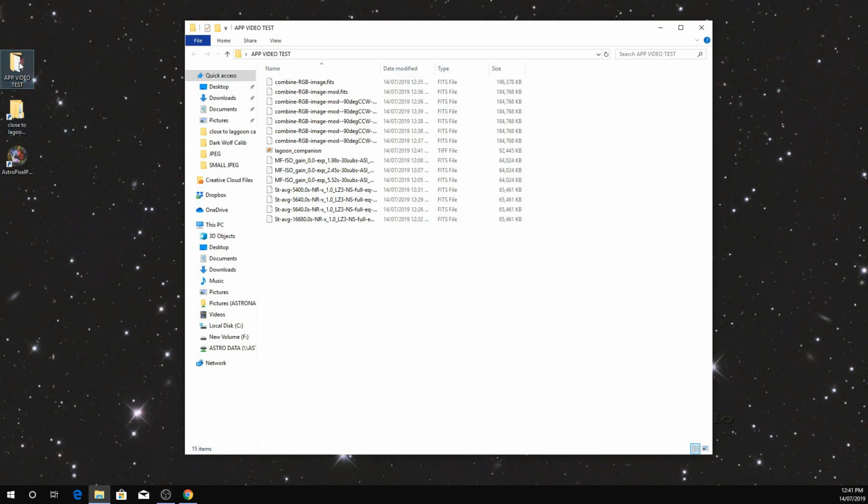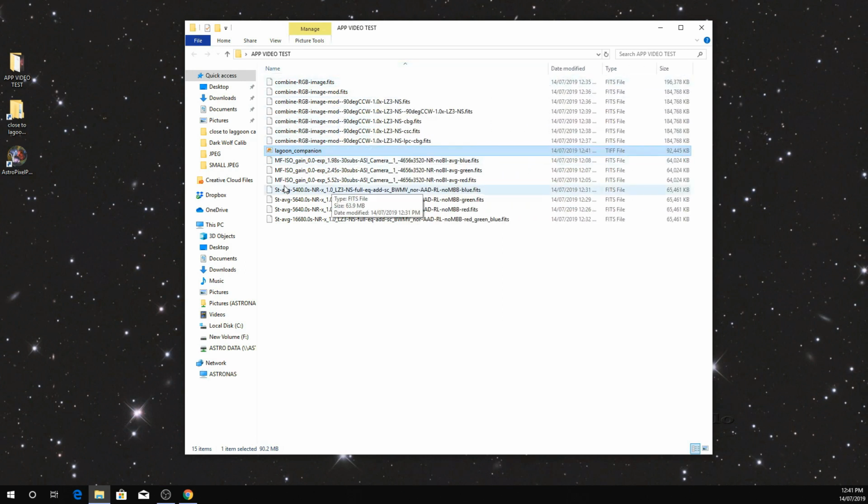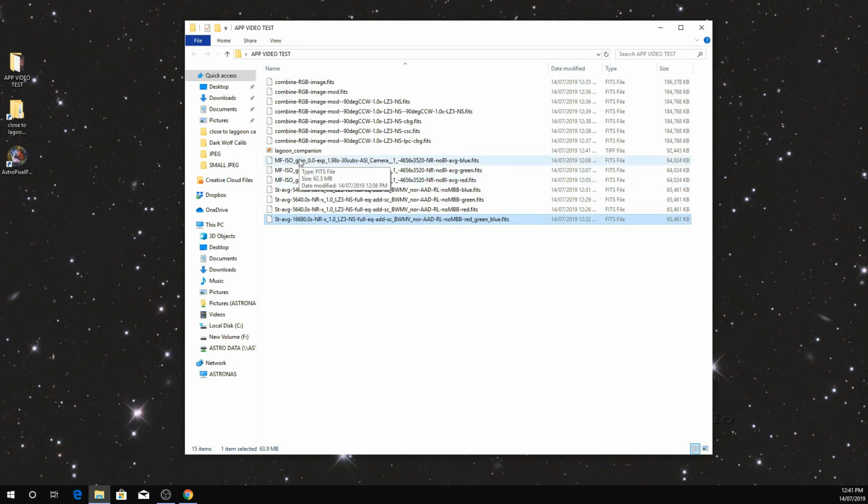And if you look in your folder, this is the file we created. These are the results we were saving along the process. This is the result of the blue, green, red, and all together. These are the master flats. Okay, this is for blue, for green, and red. And after we combined them, this was the first combine. This is when we cropped it, and as you can see, this added a mod into the file name. So this is when we cropped it, and then it added a 90 degrees counterclockwise because we rotated the image,